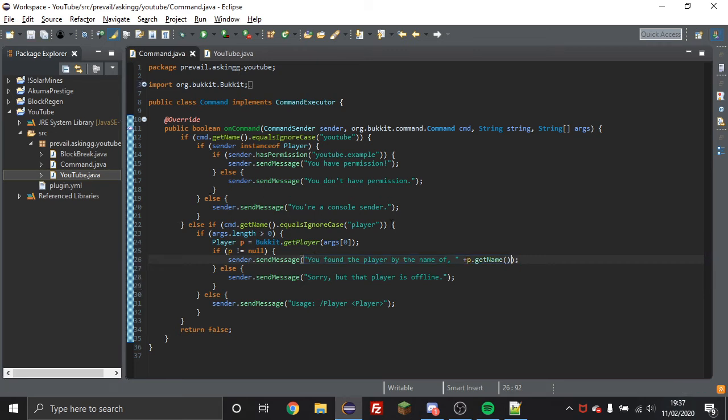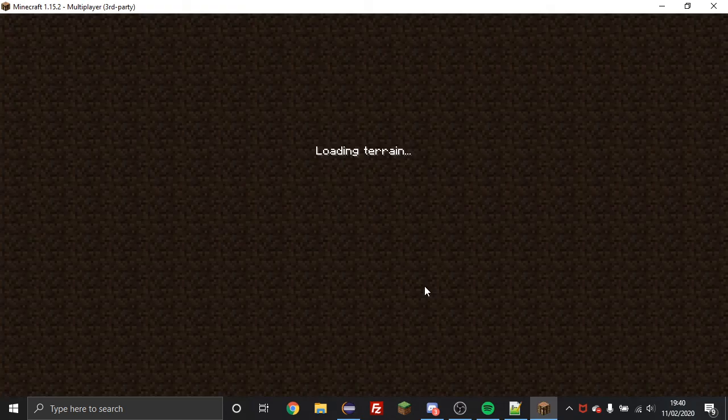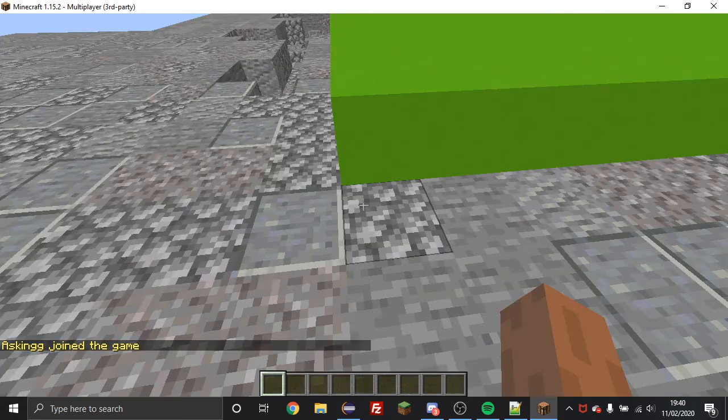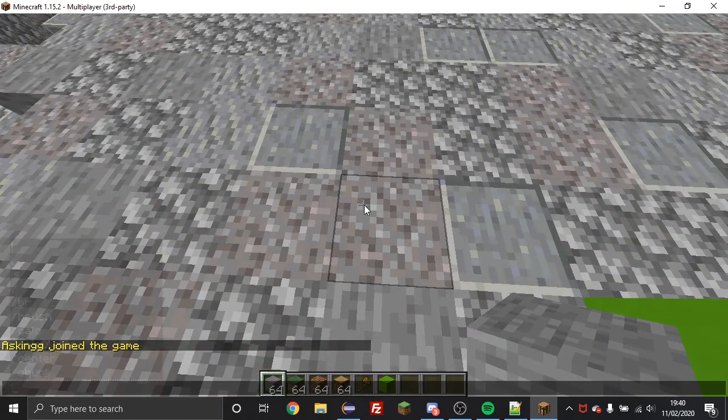So now when I run this command, if I do not input a player, I'll get this message. If I input a player but they're not a valid player, or they're offline, I'll get this message. And if they are online, I'll get this message. So let's quickly head onto the test server and give that a shot. Joining the server now, if we type in /player,